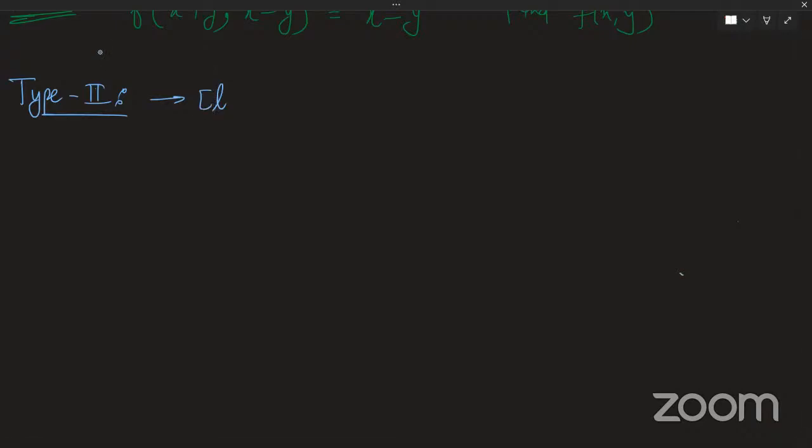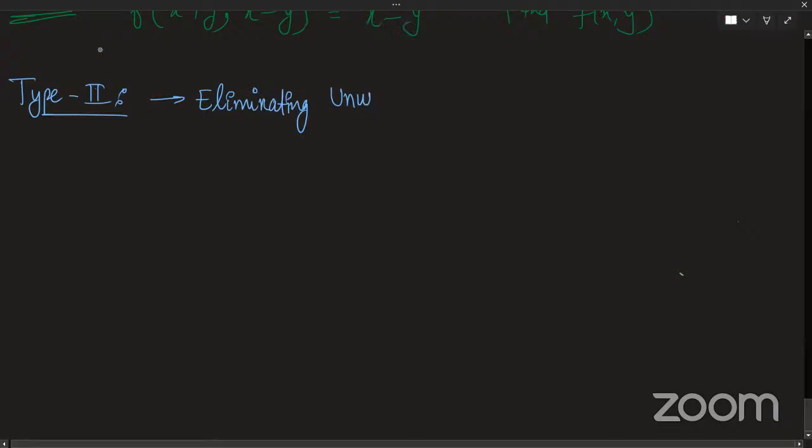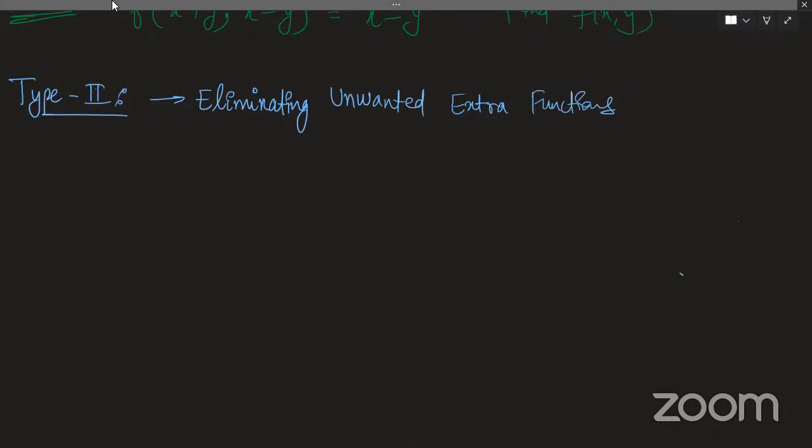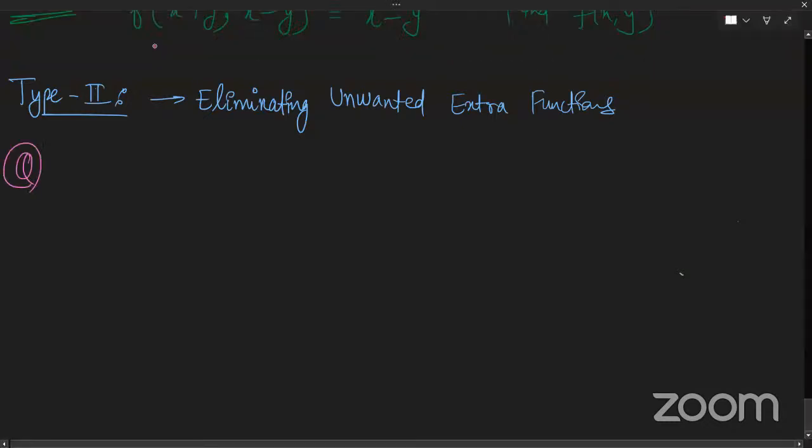ओके सर। ठीक है, ग्रेट। समझ आया ना पक्का? Yes, sir. चलो ठीक है। टाइप टू थोड़ा सा इंपॉर्टेंट है, eliminating unwanted extra functions। याद करने की जरूरत नहीं है, I am just writing it because it is the names। ये भी मैं इसे प्रॉब्लम की हेल्प से ही एक्सप्लेन करूंगा।